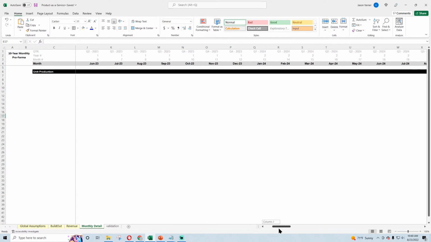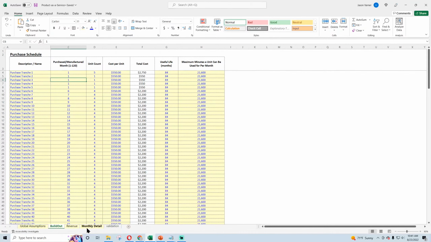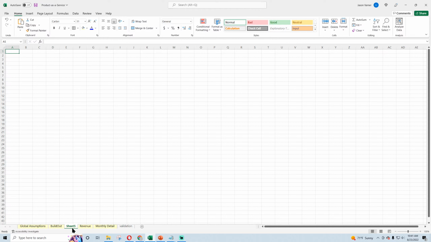Well, it so happened unit production is actually one of the first sections we'll probably have here because we want our build out. This is going to drive the max capacity. So let's think about this. Question one, do we need advanced metrics or advanced logic to handle all of this? Let's think about it. Yes, it's not even a question. So we need to do a matrix tab for sure